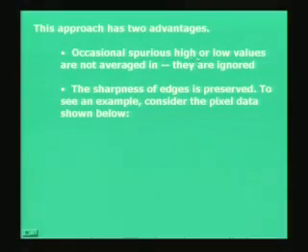Occasional spurious high or low values are not averaged in, they are ignored. That means spike noise is thrown out. Spike noise causes occasional spurious high or low values of gray levels, and those are not averaged in. A spurious spike with a very large or small value will affect the average value. That is what neighborhood averaging was doing, and also it will start spreading and cause an effect which is called blurring